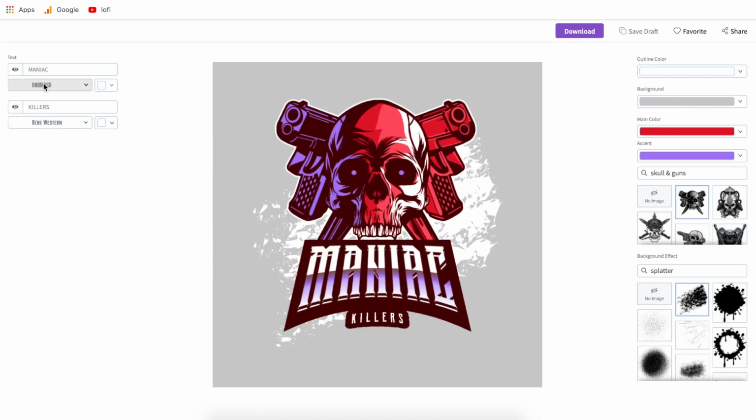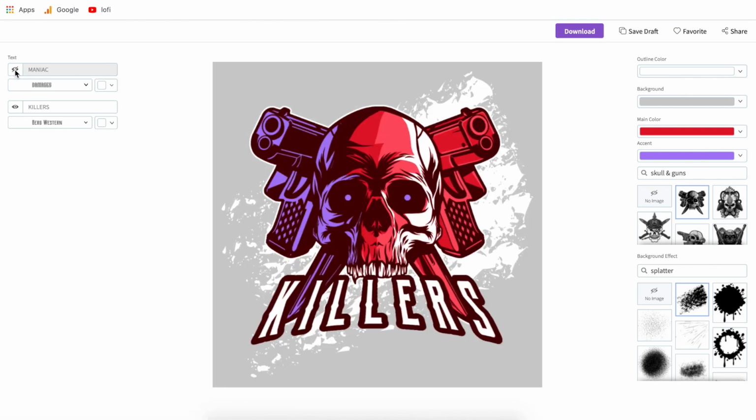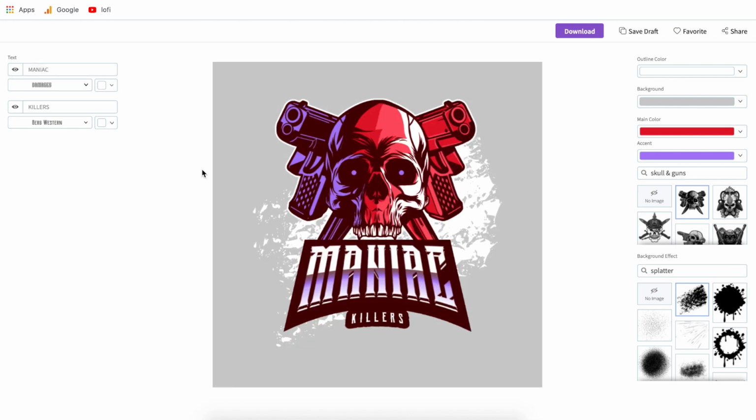The left side over here is going to be your text side. As you can see, the text boxes relate to something that is on your template. So if you don't want something anymore, just click the eye icon and it will hide it, and it'll update your template in real time. This is something that's really cool about Placeit: it reworks your template and does all of the heavy lifting and the cool graphic design for you. If we want to turn that back on, it'll just rework the template again.